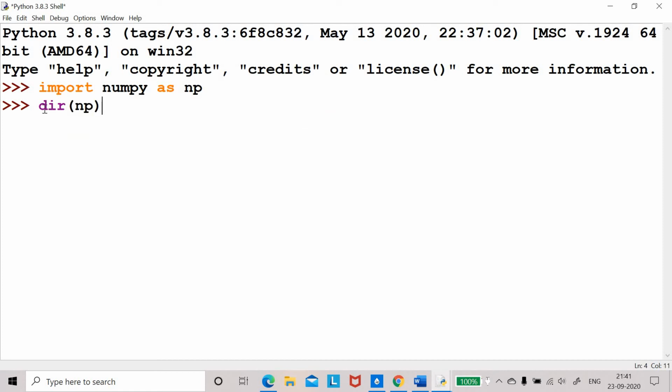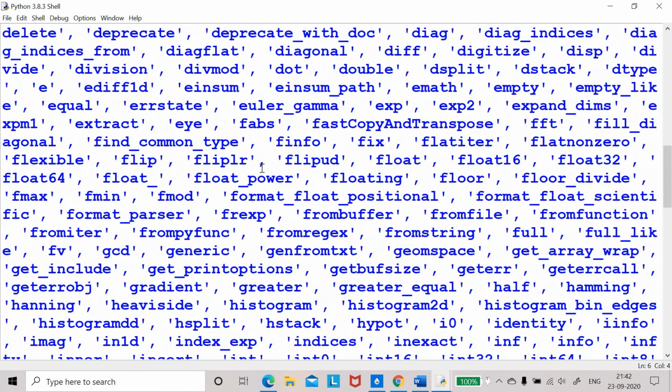You can see by dir(np). This time dir is a function. Earlier when we typed in the black window, then dir was a command and it was a DOS command, and here it is a Python name. It is the built-in function dir. So in this built-in function, as argument you give numpy as np. That means what is there in numpy, it will show you the entire directory. Okay, so it will show you the directory.